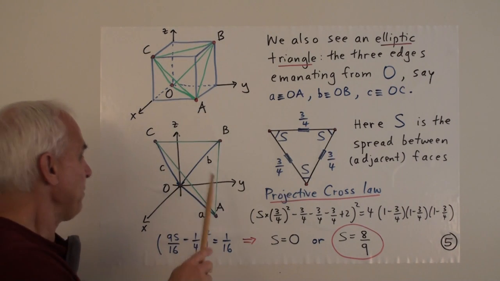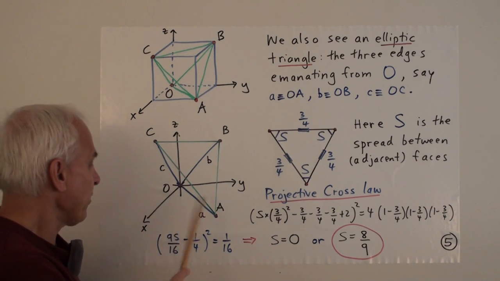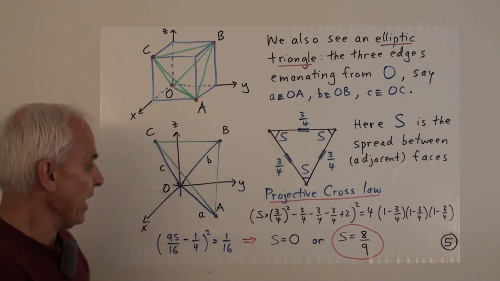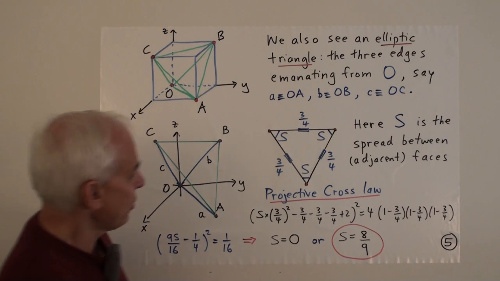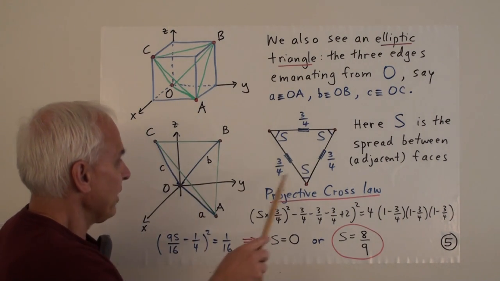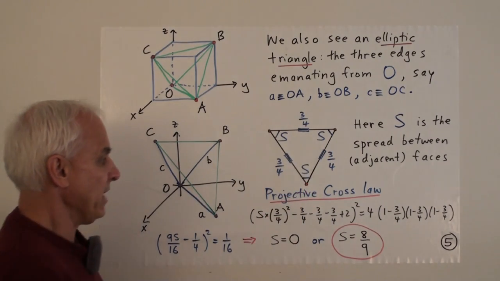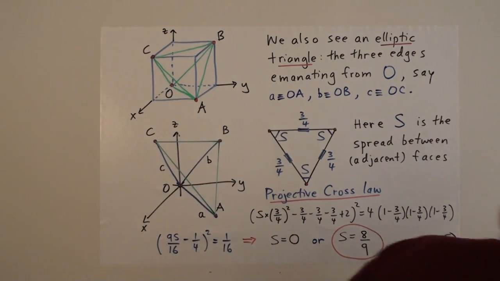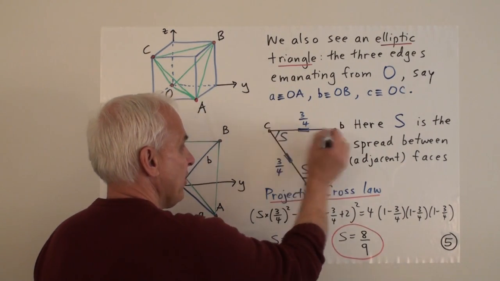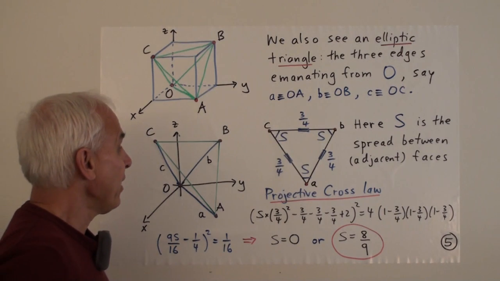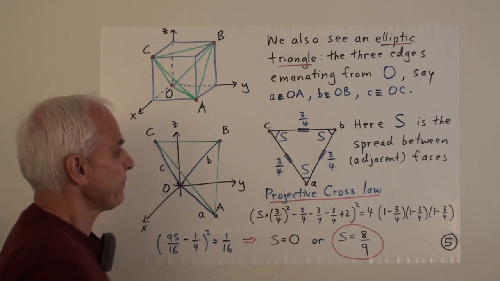So here's another picture of the same thing where we're concentrating on just the three edges emanating from O. These are three lines whose names as lines or projective points are little a, b, and c. Okay, so then this gives us an elliptic triangle, which we can draw like this. So these points then will be A, B, and C. We could probably label them. Call this A, and this B, and this C. So these are now points which are representing these projective 1 points, which are lines through the origin.